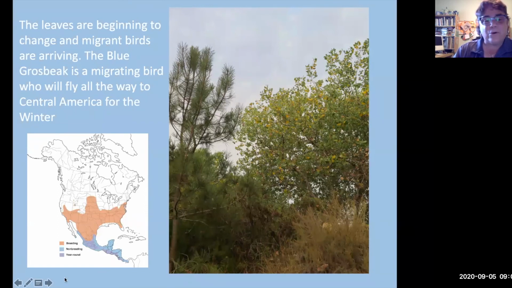This is that blue grosbeak. You get to see migrants. Blue grosbeaks breed all the way up here throughout the United States and into the Great Plains area. This is where they are when they winter. So our blue grosbeak, this is right here where I was standing. They don't breed there. It's going to probably fly all the way into Central America. That's where the largest population is, and winter there.